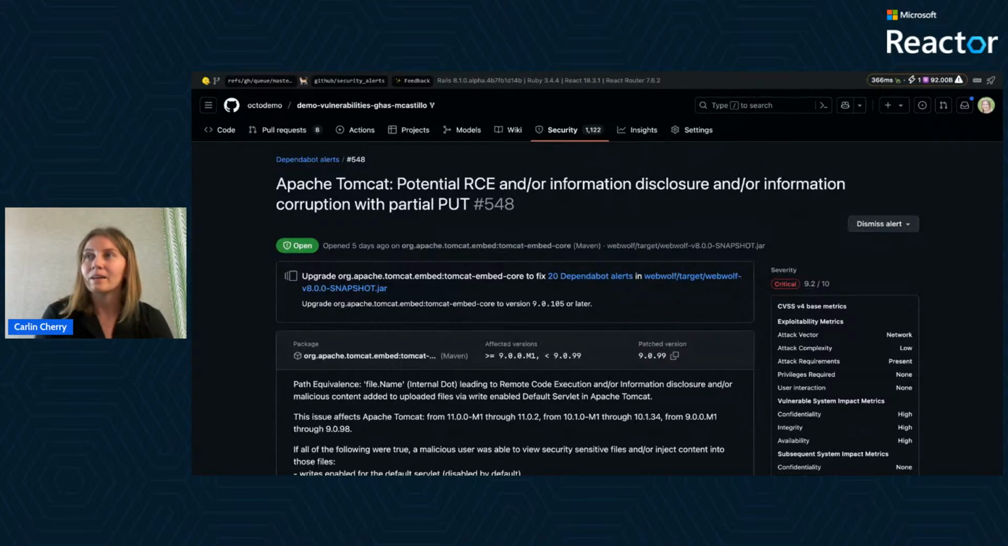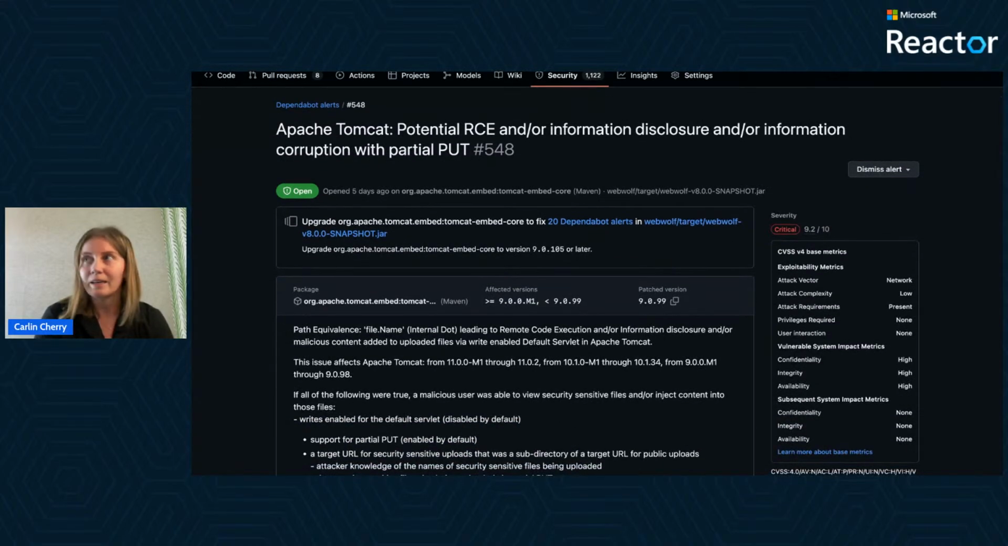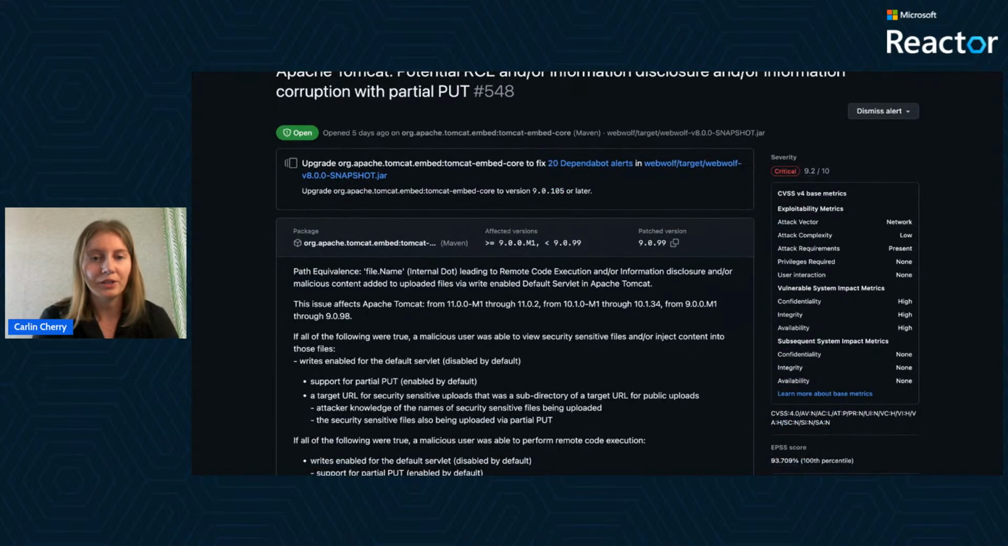I'm just going to open a random Dependabot alert in this organization. And you can see that it contains a lot of interesting metadata that might be relevant to you. Like I mentioned, whether or not this was direct or transitive. We also have some other information, including